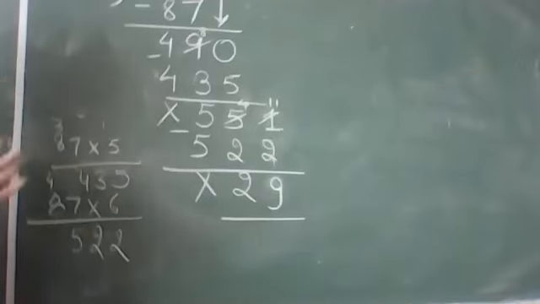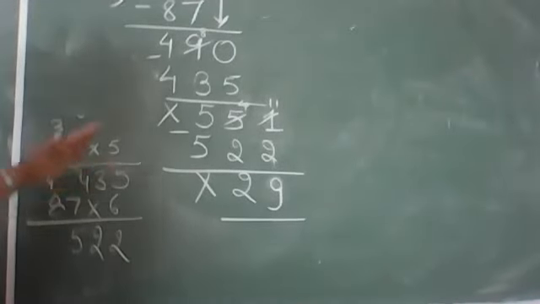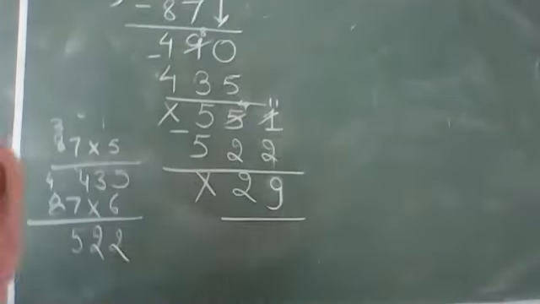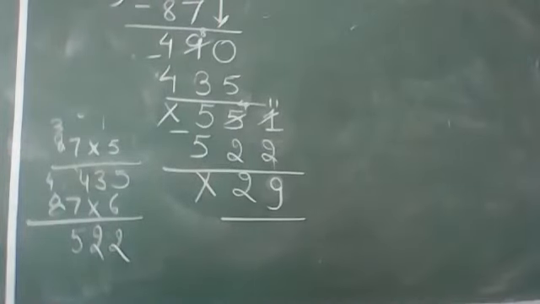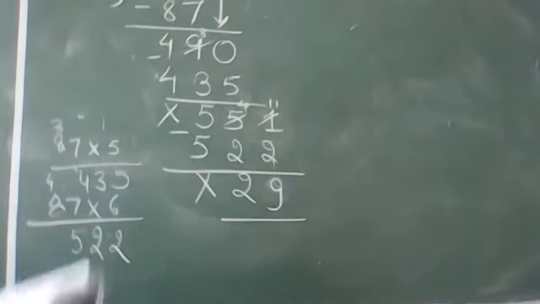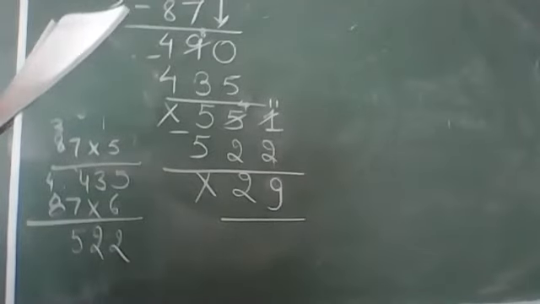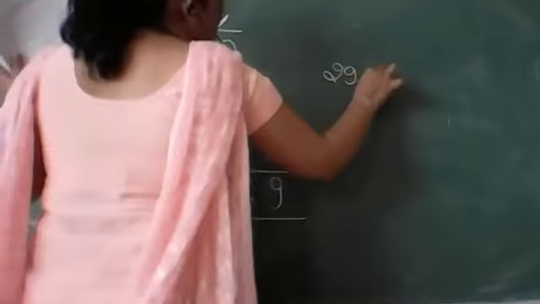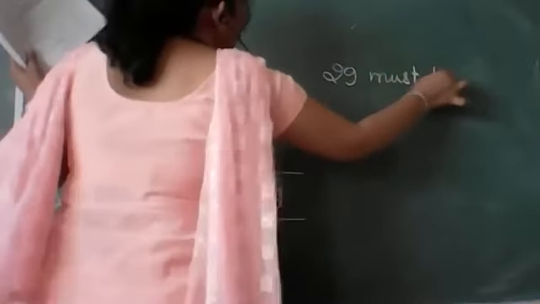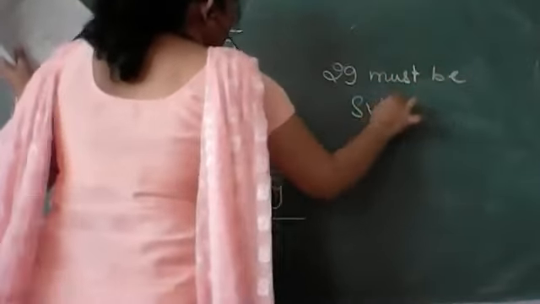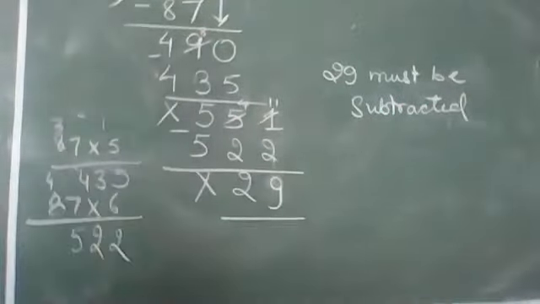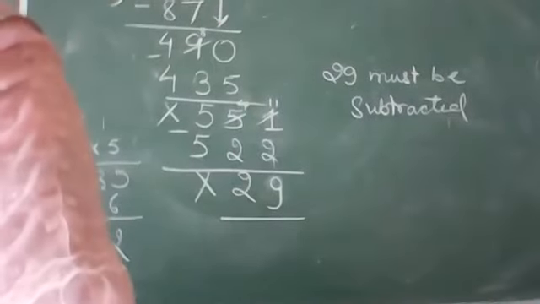It means we are not able to solve this question completely. You have 29 left. आपका 29 बच जा रहा है बेटा, which is extra and you don't need any extra. So here the answer will be, which least number must be subtracted? The answer will be 29 must be subtracted. Finish. This is the solution.